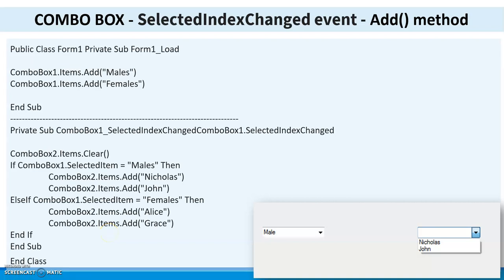Hello guys, let's explore combo box more, right? Don't get tensed by seeing lots of text on the screen, okay? It's a very easy example I have taken. But before we start with this example, let me give you